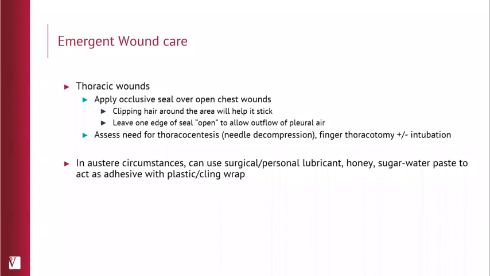Other things to consider if you don't have an open wound, but the patient seems to be having progressive difficulty with their breathing, is they may be developing a pneumothorax. And so you might need to do needle decompression or even a finger thoracotomy and potentially intubate them to get control of the airway. Now, in an austere circumstance, you can still attempt to do an occlusive seal, which sometimes